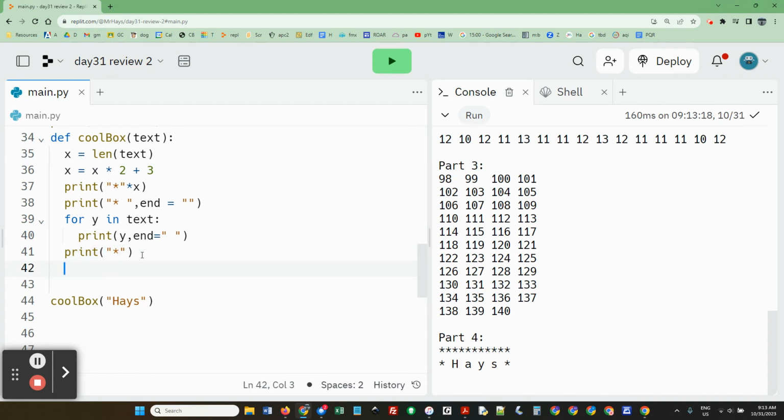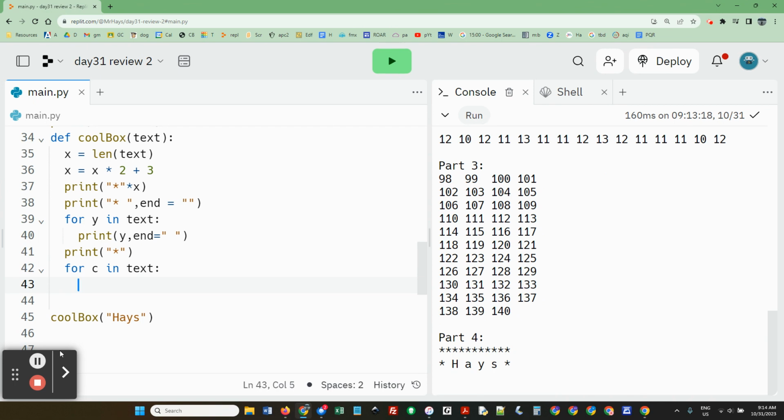I think a good, and we don't know how many letters there are, so we're going to do a for loop. For C in range. Now we're going to start with character 1, and we're going to go all the way to the length of text. And what we have to do here is we're going to print... no, there's an easier way to do this. Let's do for C in text. And